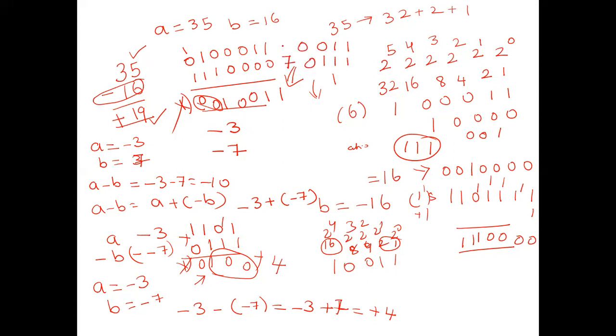So this is plus 7, this is plus 3, but I actually need minus 3. So my minus 3 means 1 1 0 0 and add 1 1 1 0 1. So I will take it as 1 1 0 1, and 7 will be rewritten as 1 0 0 and add 1 1 0 0 1. So be careful with the 2's complement.